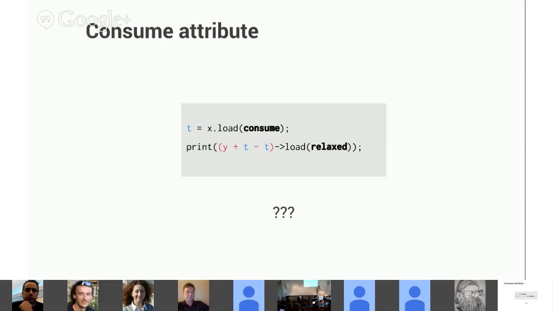So what compilers currently do is they say, whenever we see a consume, we put a fence, exactly like acquire. But this means that in many patterns, you will need a fence where the inline assembly approach would not. And this is why, for example, the Linux kernel is not yet using atomics, because this kind of thing is a very common pattern for them, and they don't want a fence, and they don't want either the compiler to